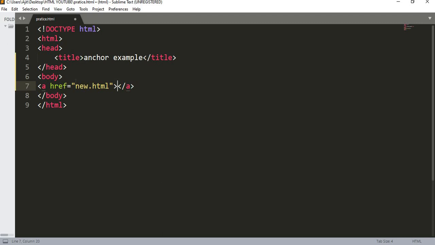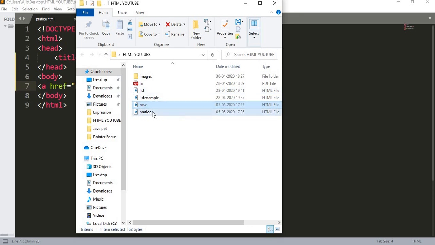And we will write something so that on clicking on it, it gets diverted to that particular link. I will write click me, then Control S to save.